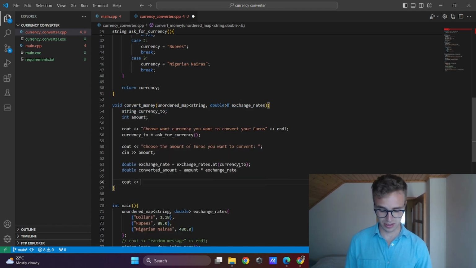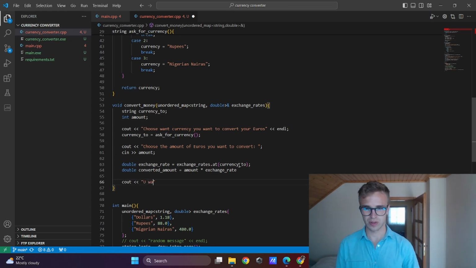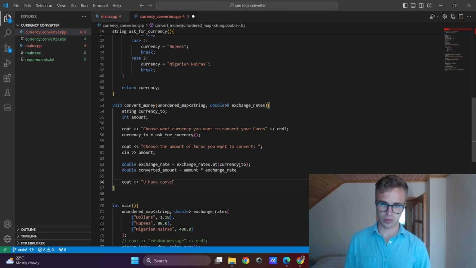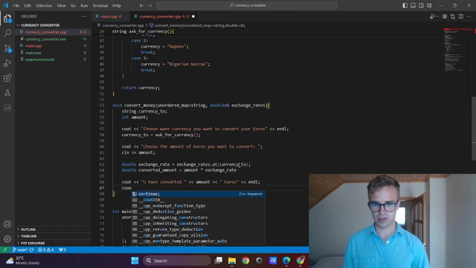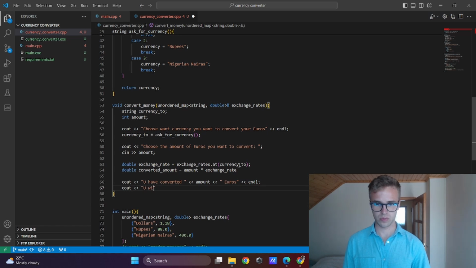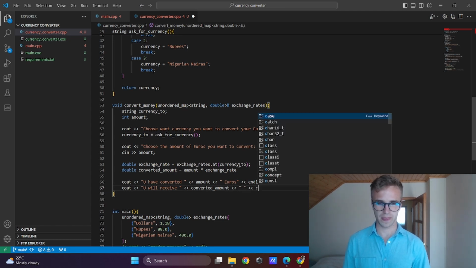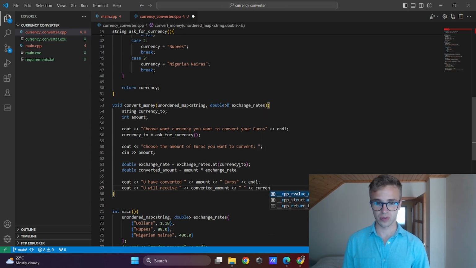Finally, we can print out, no, I will print out, you have converted these many euros, space euros, dot line, print out, you will receive space converted now with space and the currency you asked for, end of the line.